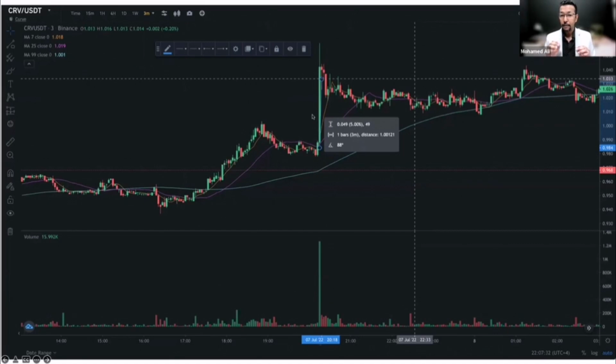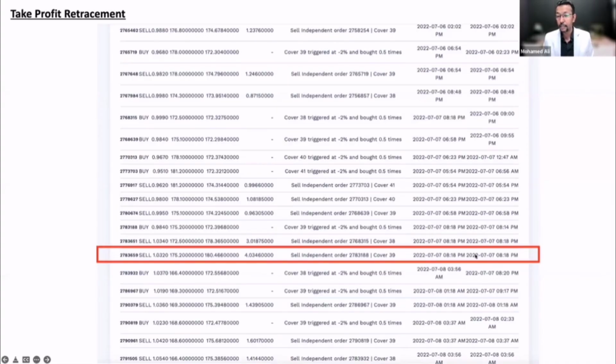Because remember, how Easybot works is that it will look at the highest point of the market and try to sell at that specific point. Going back again to that previous slide, look at this time. This trade was closed on 7th of July at 8:18 p.m. And you can go back to the live chart and see that on your own eyes. And this trade have started on the same day, 7th of July, at 8:14. So it's just a matter of 4 minutes, and it closed with more than 5% profit